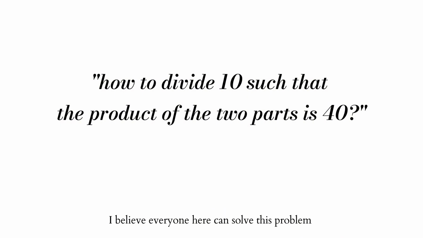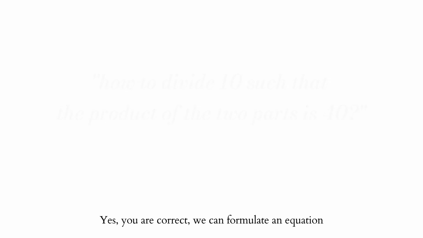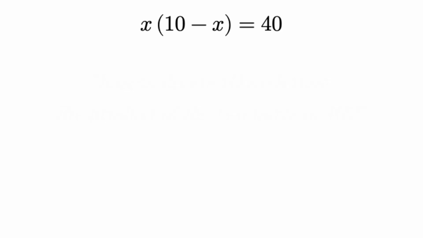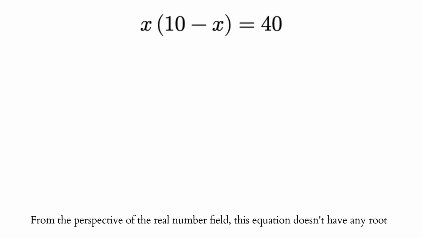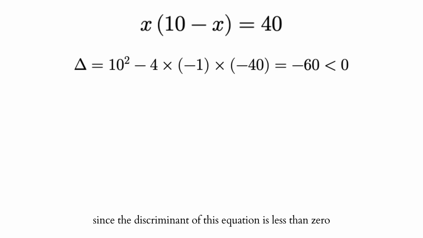I believe everyone here can solve this problem. Yes, you are correct. We can formulate an equation: x times (10 minus x) equals 40. From the perspective of the real number field, this equation doesn't have any root, since the discriminant of this equation